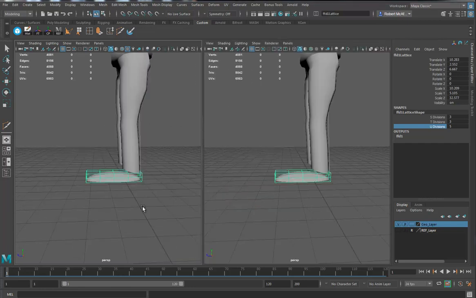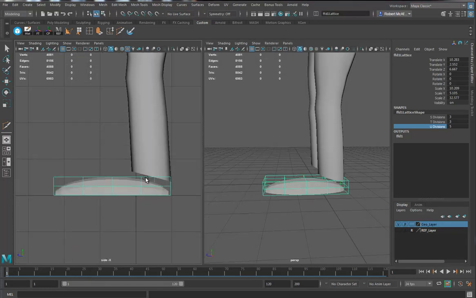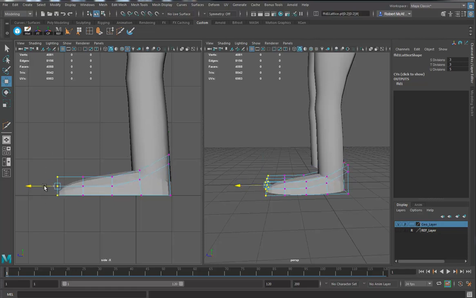So when I put on the 2 viewports, if I take this one and go to the side, I can just go in here and grab lattice points and move these around, and the bottom stays where it is. Okay, wonderful. It's kind of like the soft selection, but a little bit different. Okay,